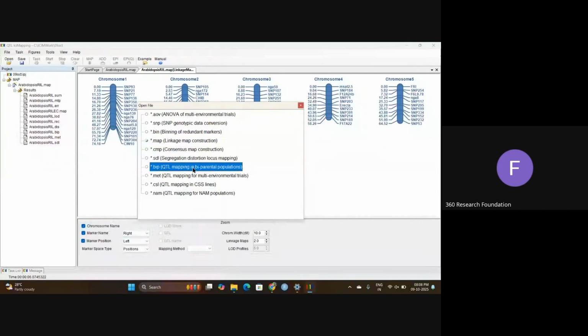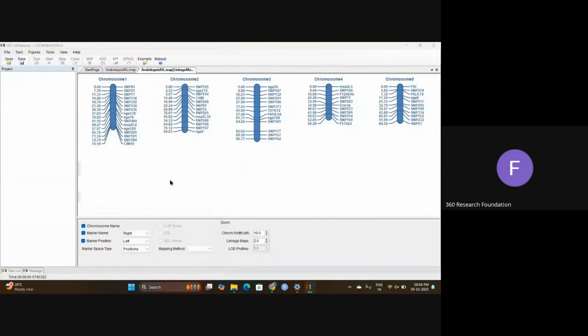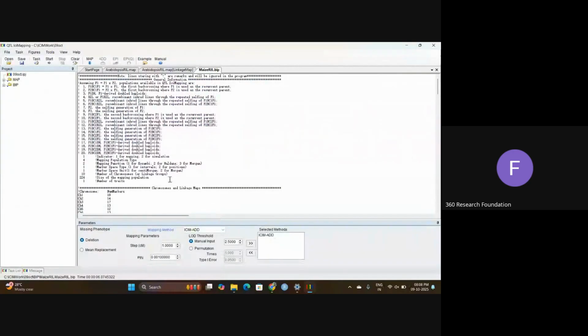So as of now, we will go for this biparental. So here examples are there. If you have installed it, yesterday, day before yesterday, I told you, example files will be there. So randomly, I will select any example file and I will import it. So see,